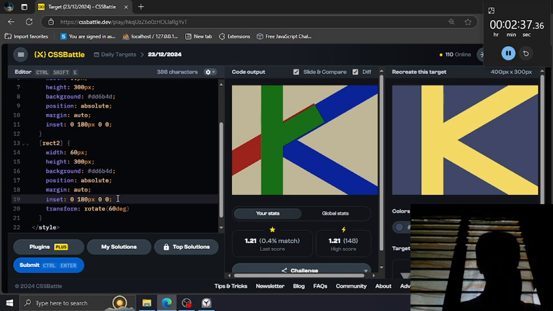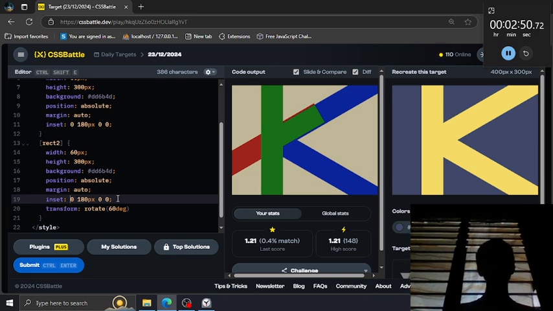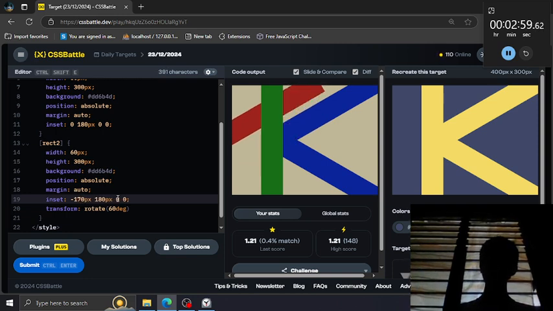Wait. Move this to the top and to the right side. So the size is fine already. You can just put a negative value here, 100 pixel, 150. Make sure to get that offset. 180 as well. Then to the right.